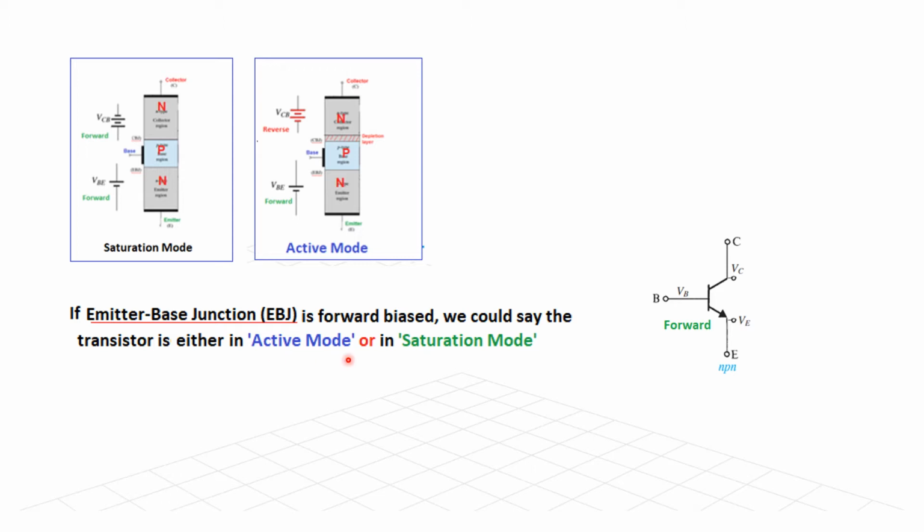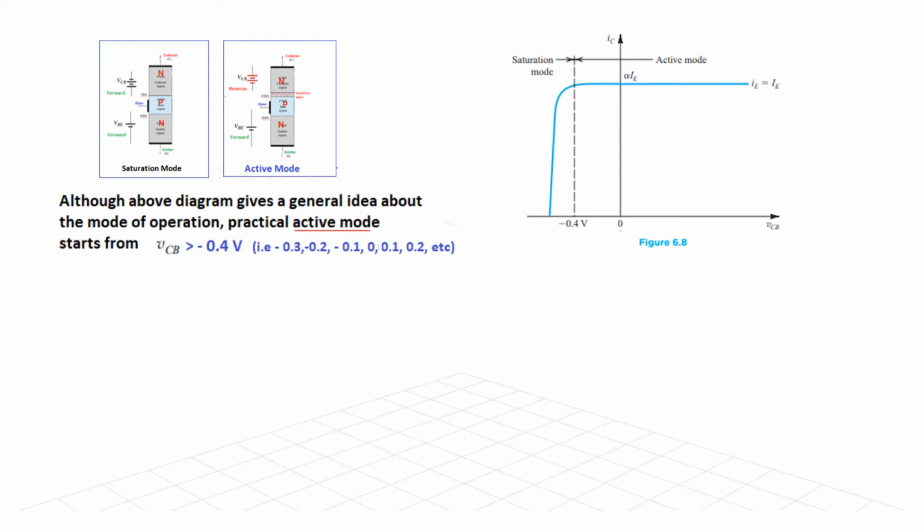Now how to determine this? One way is that we find the collector base junction voltage. So this voltage will determine whether the transistor is in active mode or in saturation mode. If this is reverse bias, it is in active mode; if this is forward bias, it will be in saturation mode. So we are concerned with these two, and if you look at this diagram carefully,